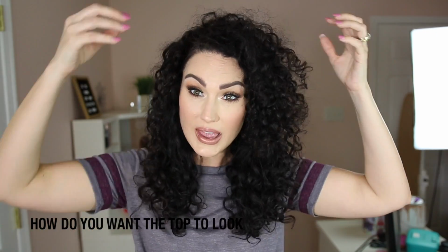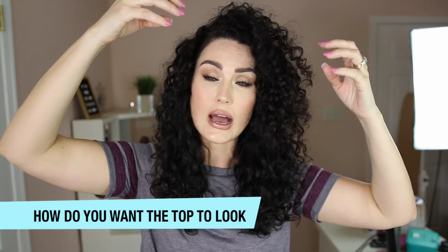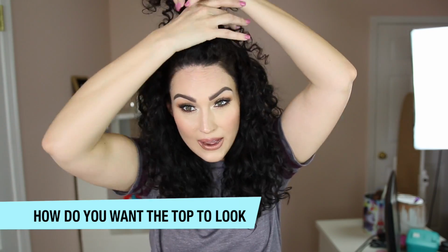A lot of people ask me how I get volume on top. It's because I have what they call this mohawk section of my hair. Sometimes I will flip it to this side, sometimes I'll flip it to this side. So the way that I have my stylist cut this mohawk section is in a way that it looks good laying on either side. If you strictly wear your hair to one side, then you can tell your stylist, this